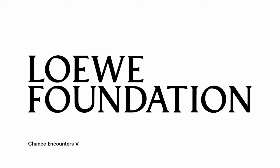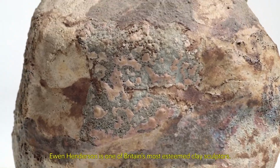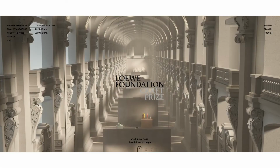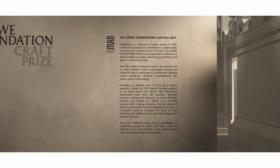This competition launches yearly and ignites the creativity of artists around the world, helping the brand discover different kinds of opportunities. Normally, for those who get shortlisted as finalists, these masterpieces will be exhibited in a real museum or exhibition center. But due to COVID, LOEWE launched its digital platform that enables consumers to browse through all the masterpieces online through a